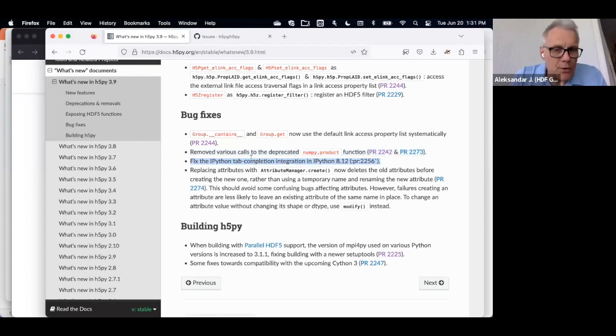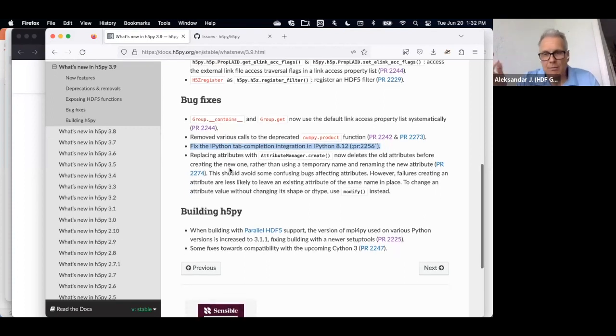IPython, only for those who use Python, IPython is a very nice, intelligent terminal, and a lot of self-discovery is possible in the IPython terminal. Technically it's a REPL environment for Python. So there was again some upstream problem with IPython and other tooling, and it just happened to be reported by someone using h5py, but turned out to be not h5py's problem.